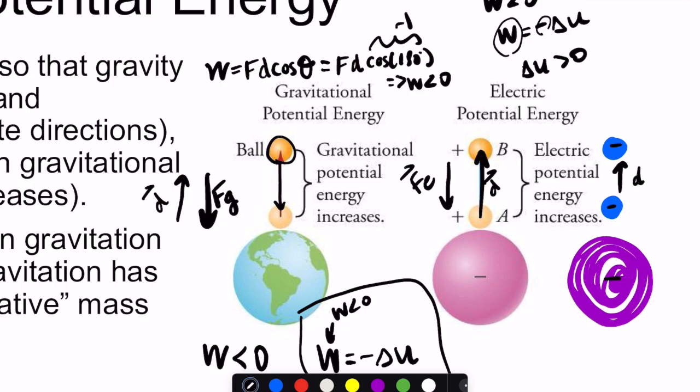Okay, there's my displacement vector. What is the direction of the force in this case? Well, you have two negative charges, so the force direction that this negative charge feels is going to be up